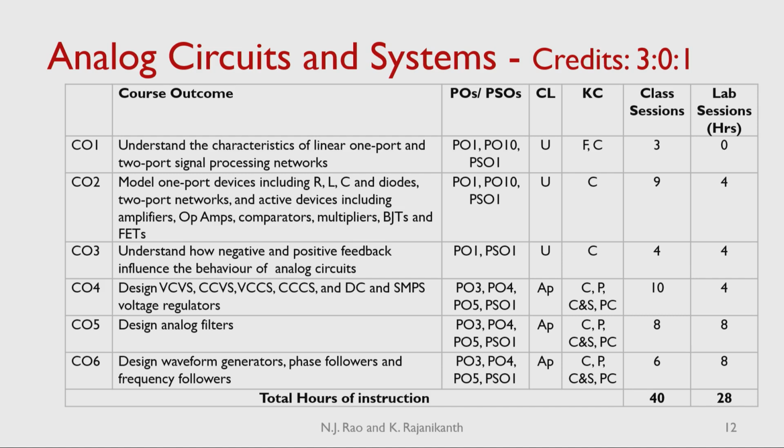So again, if you see, 3 looks like a very small number. So is the CO at a fairly low level of abstraction, and is it too narrow? We may have to revisit and look at that CO. Finally, we may decide that this is acceptable, but it needs a review.